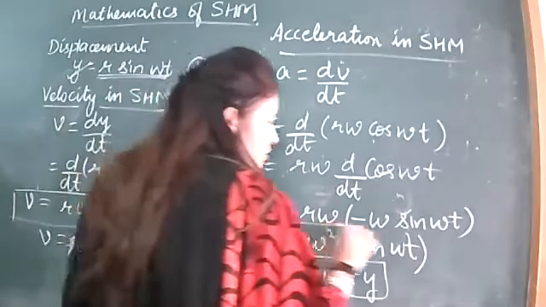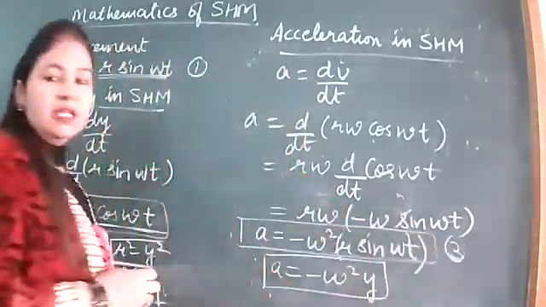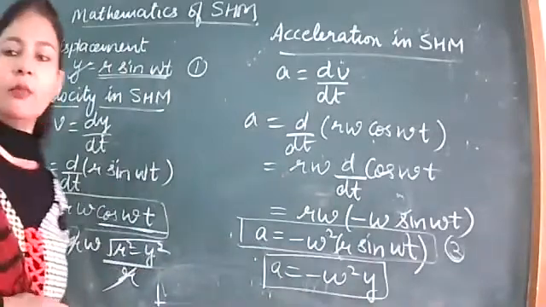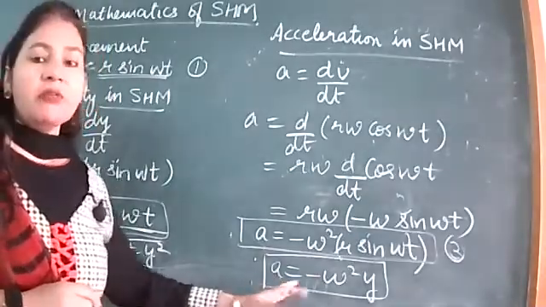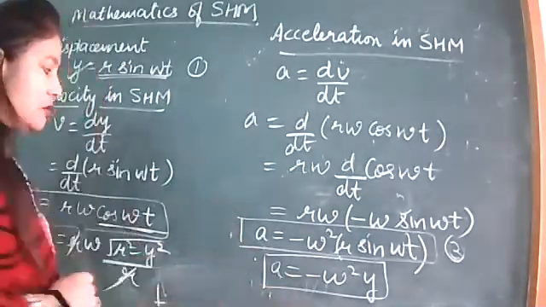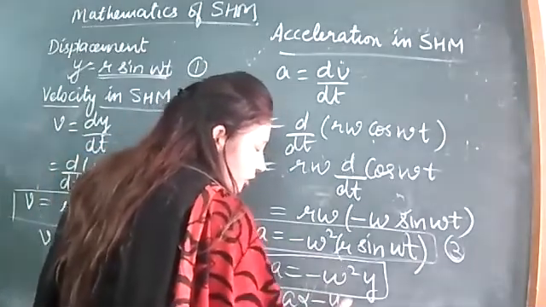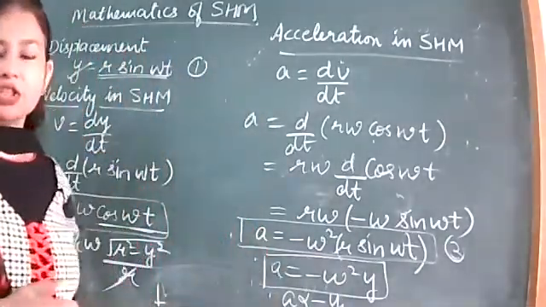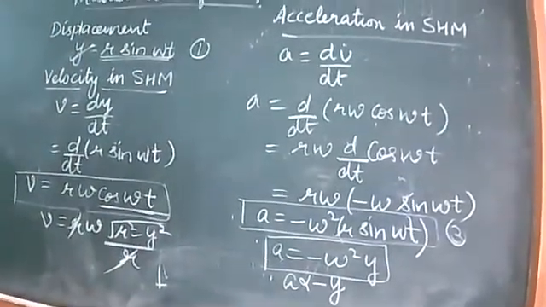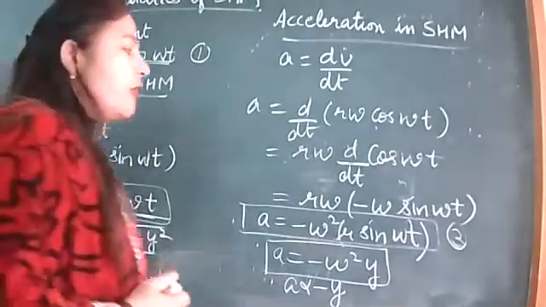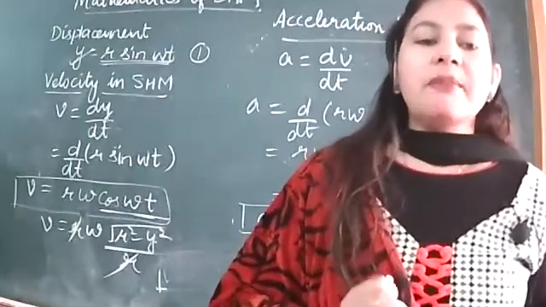And note this down, the equation of acceleration in SHM is minus r omega square sine omega t. This is acceleration in SHM, but we are going to find that characteristic. Since omega is a constant, acceleration is directly proportional to negative of displacement. This proves that the projection of uniform circular motion is having SHM. It is having simple harmonic motion.